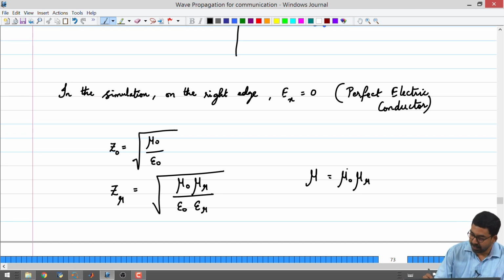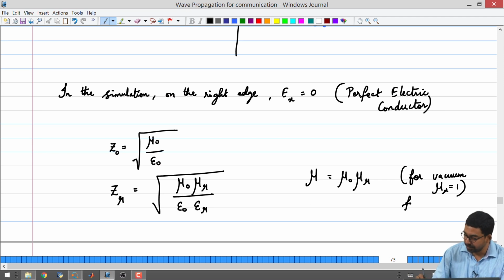So this is your vacuum permeability and mu r is some number. Usually it is a positive number, and also mu r has to be greater than 1. For vacuum mu r is equal to 1. For other media there are some constraints.